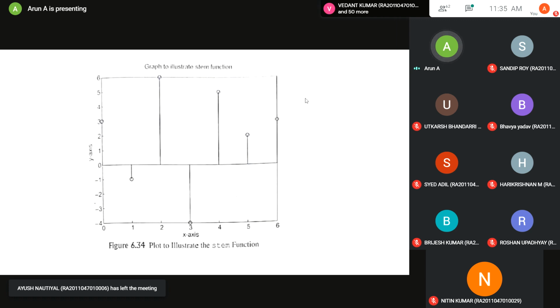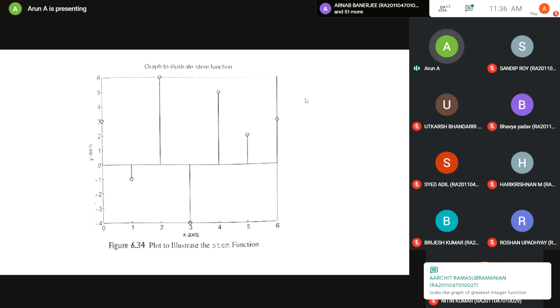So can you tell me what could be the answer of stem? You compare plot with stem. You can compare the plot output with the stem output. This is the stem output. So I'm giving you a clue. When compared with the plot and stem, what could be the difference between plot and stem? So the points are not included. Yes, that's it. Very good. Any other things? I'll give you a clue about the waveform. In plot, I think it is continuous, isn't it? Your waveform will be continuous. Whereas here, can you find the difference? So discontinuous.